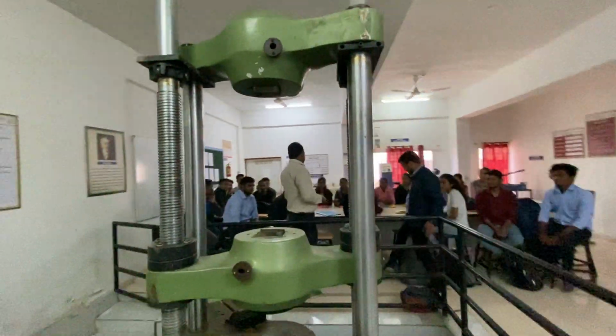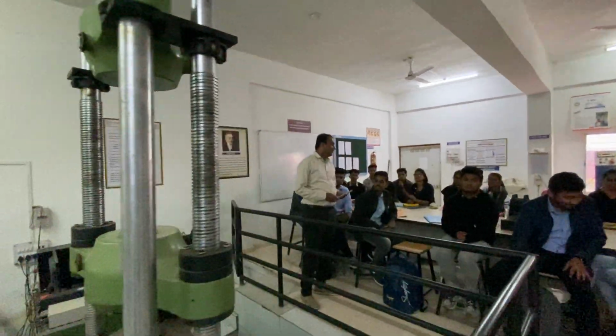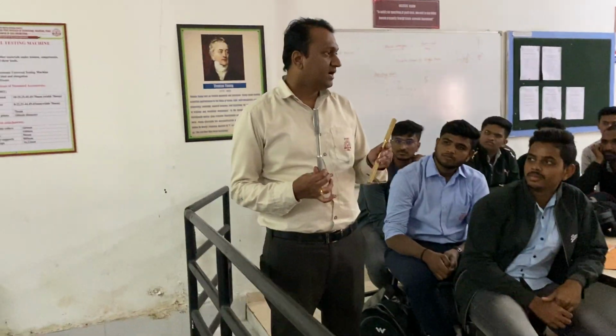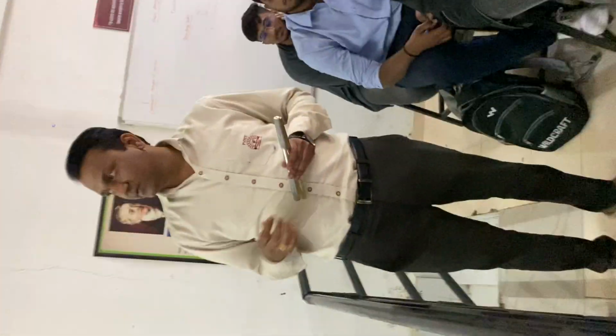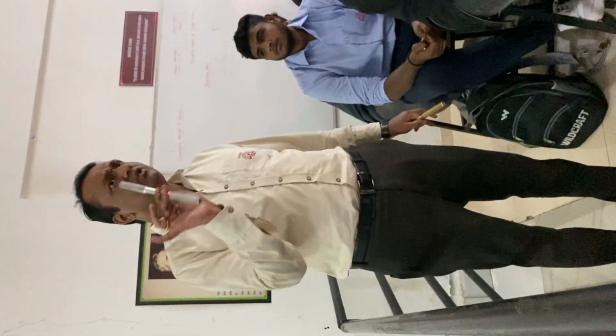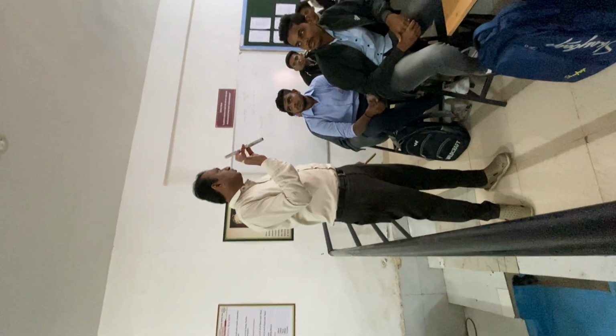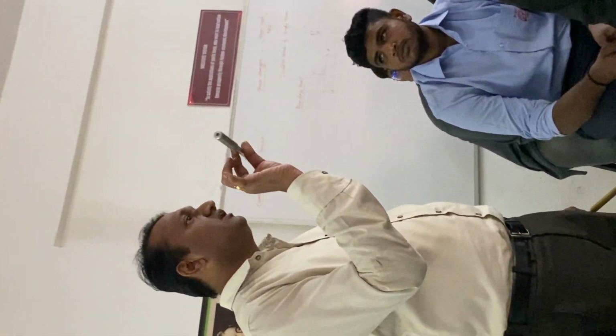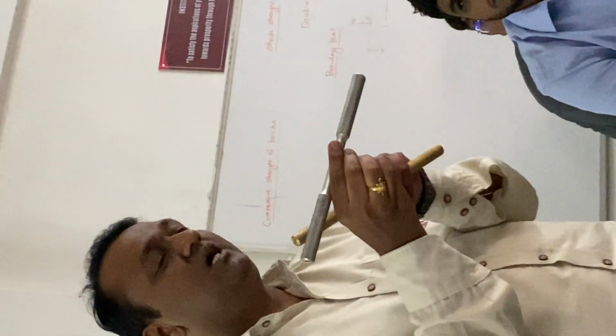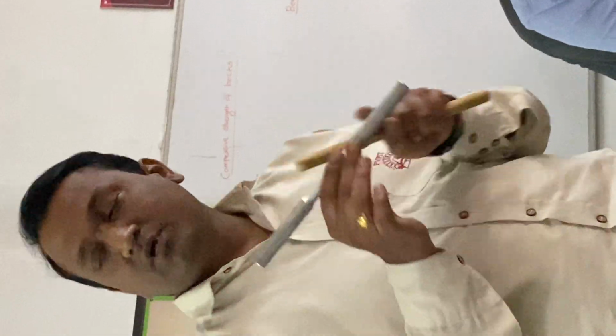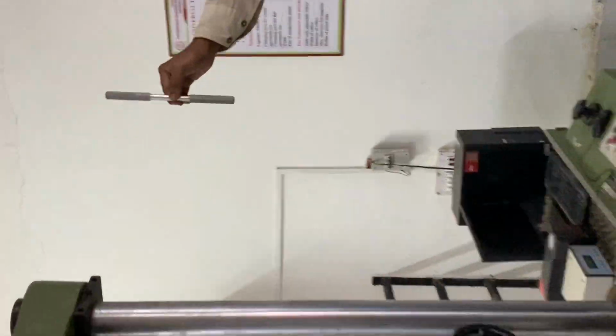So definitely we are going to perform on the metals. The first ones are aluminum, brass, and mild steel. Okay, a mild steel specimen is also there. This specimen, I will give you a brief introduction, and afterwards we are going to perform. Initially, we are supposed to take the initial dimension of this one. We have to measure the diameter of this specimen. After that, we are going to place this in the upper and middle jaw.